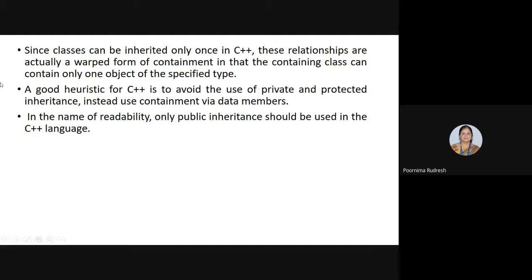So a good heuristic for C++ is to avoid the use of private and protected inheritance. Instead, we can use containment via data members.